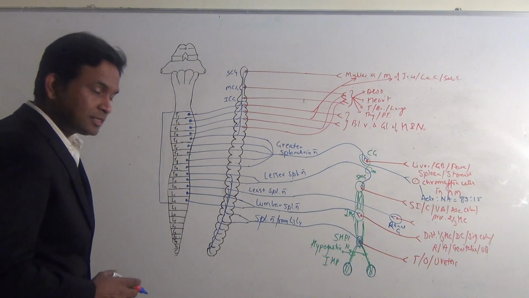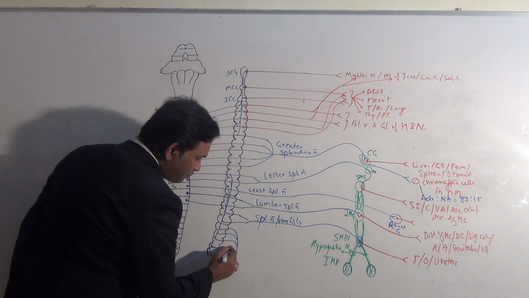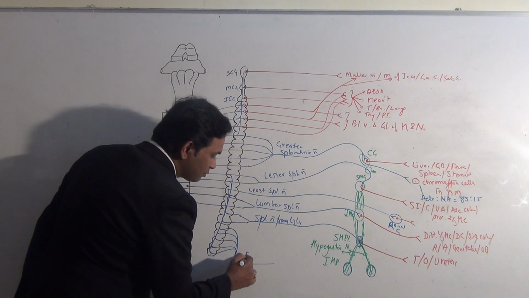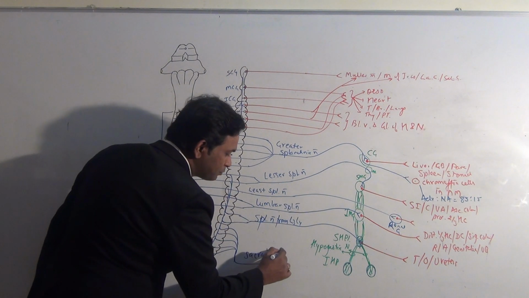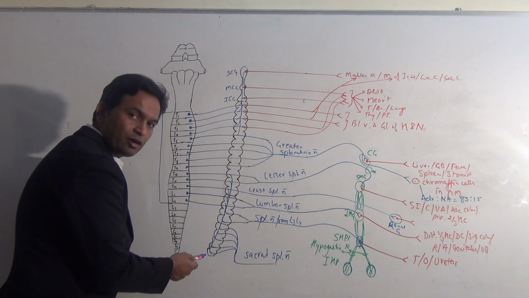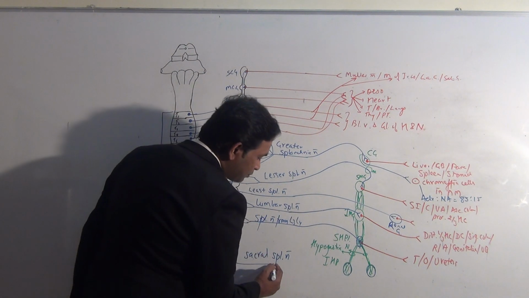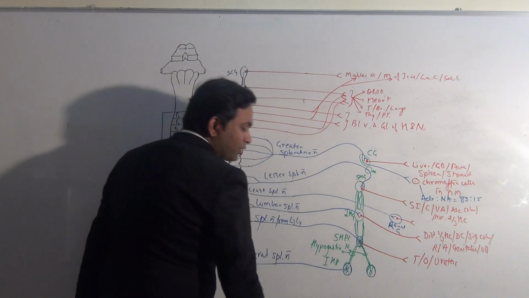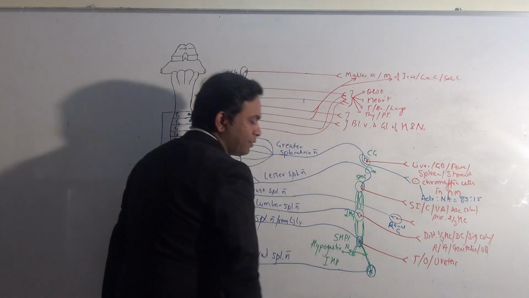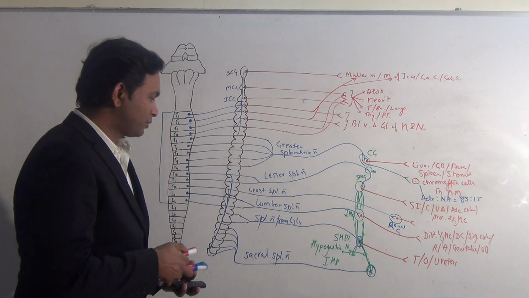The remaining sacral spinal nerves, sacral preganglionic neurons from the sacral ganglionic part, will combine to form the sacral splanchnic nerve. This sacral splanchnic nerve will end in the inferior hypogastric plexus. It will enter the inferior hypogastric plexus of its own side, and then